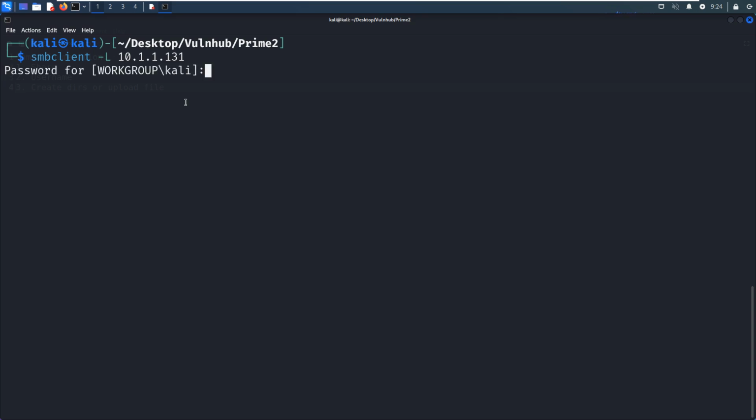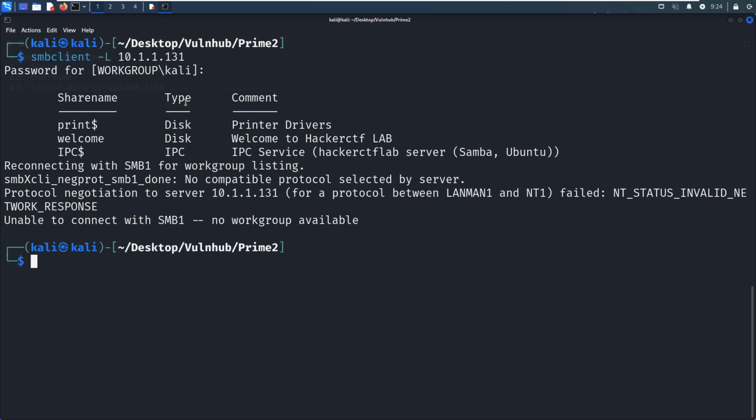We can provide the password of our own machine. So we got something back, 3 shares, but the first and the last one are default.